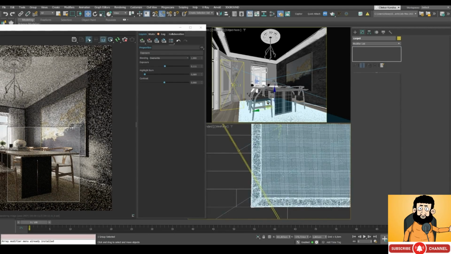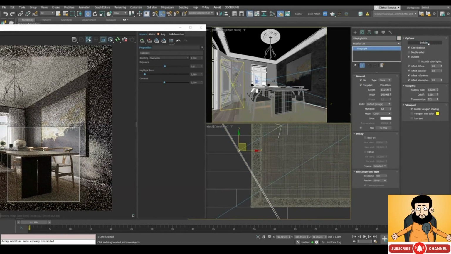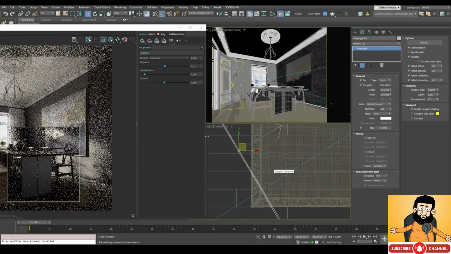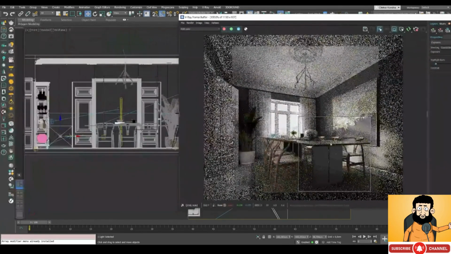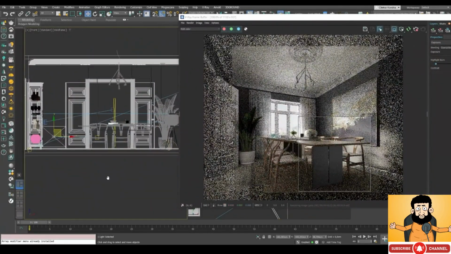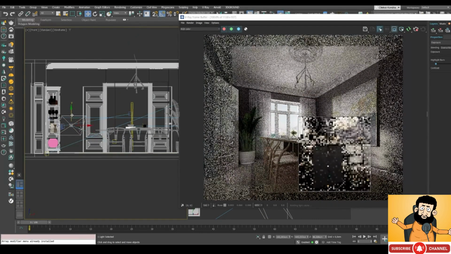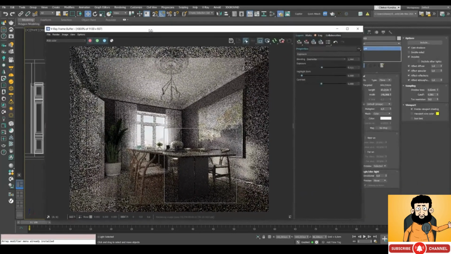And I'm just gonna select the light source, include it, find the object I want to select, check include, and click OK. And as you can see, the area is now illuminated. But in order to make this effect more exciting, we can do a little bit of work with this light